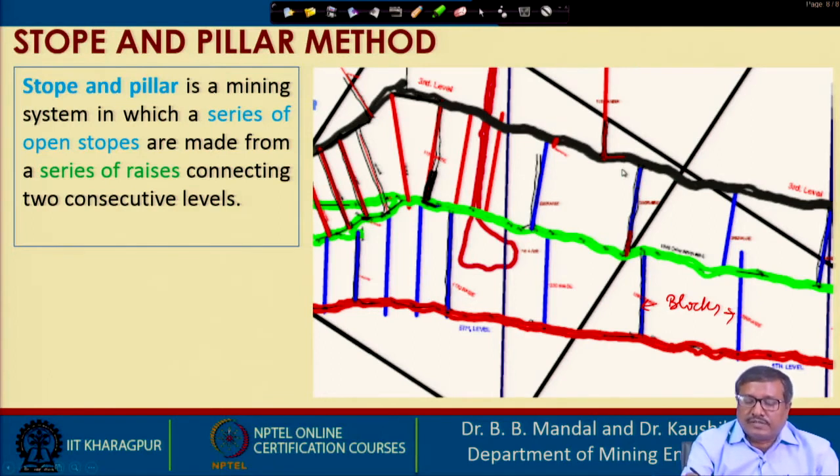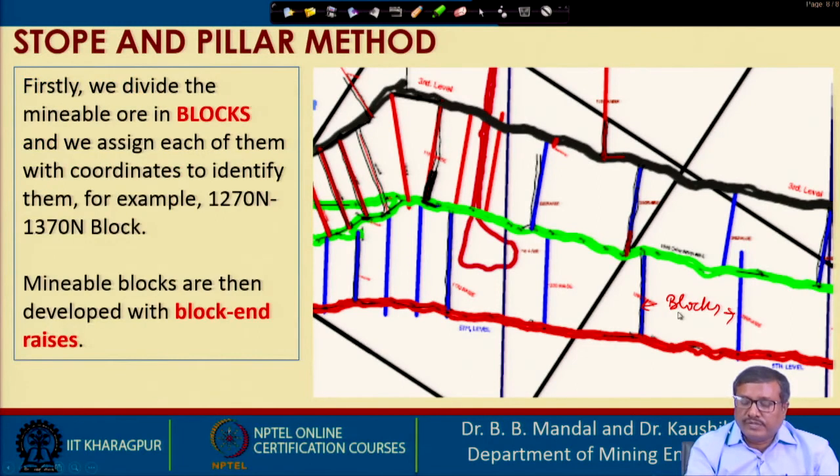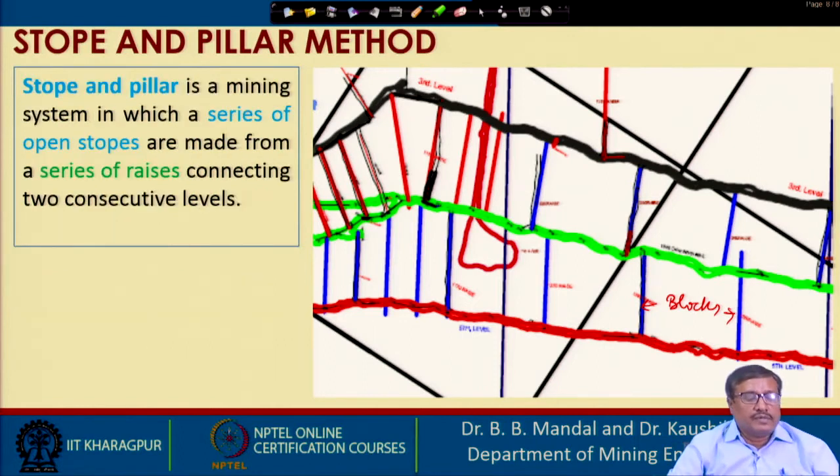And what we have done, we have connected the consecutive levels. Say this is third level and this is fourth level. We have connected with raises 1, 2, 3, like that, a number of raises. Also from 4 to 5, we have 1, 2, 3, 4, like that, a number of raises. Okay. So, here we have made a series of raises,